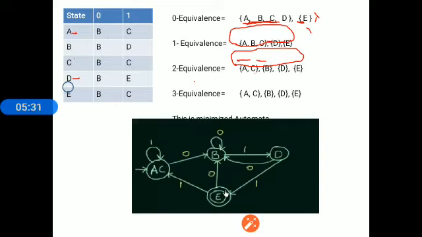After getting the minimization of the automata, draw the modified state transition diagram. Now A and C get combined, so AC will be combined, and B, D, E will be as they are. Now refer to the state transition table. If we give input 0 to A, we go to B, so the arrow will go to B. Then if we give 1 as input, AC will remain at the same state. Then for B if I give 0 input, it will remain at the same state, and if I give 1, then it will go to D, and so on.